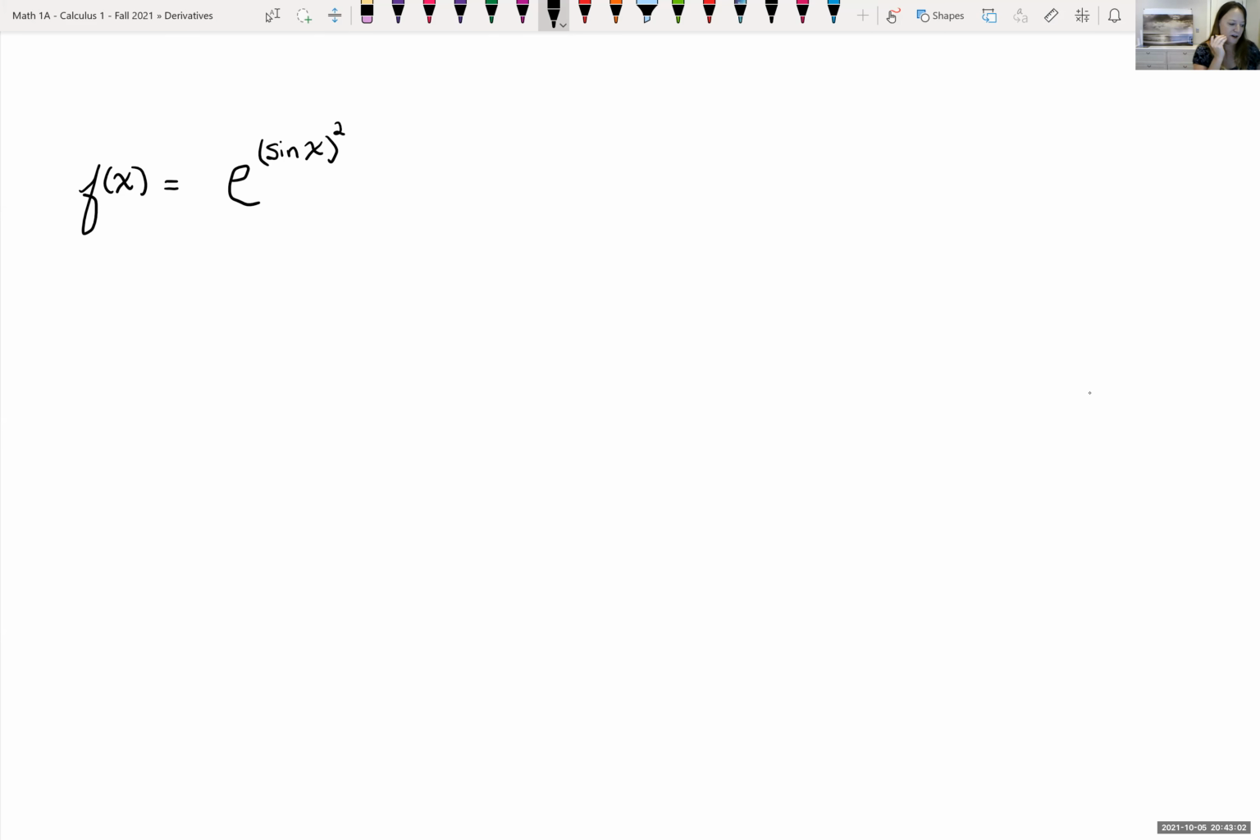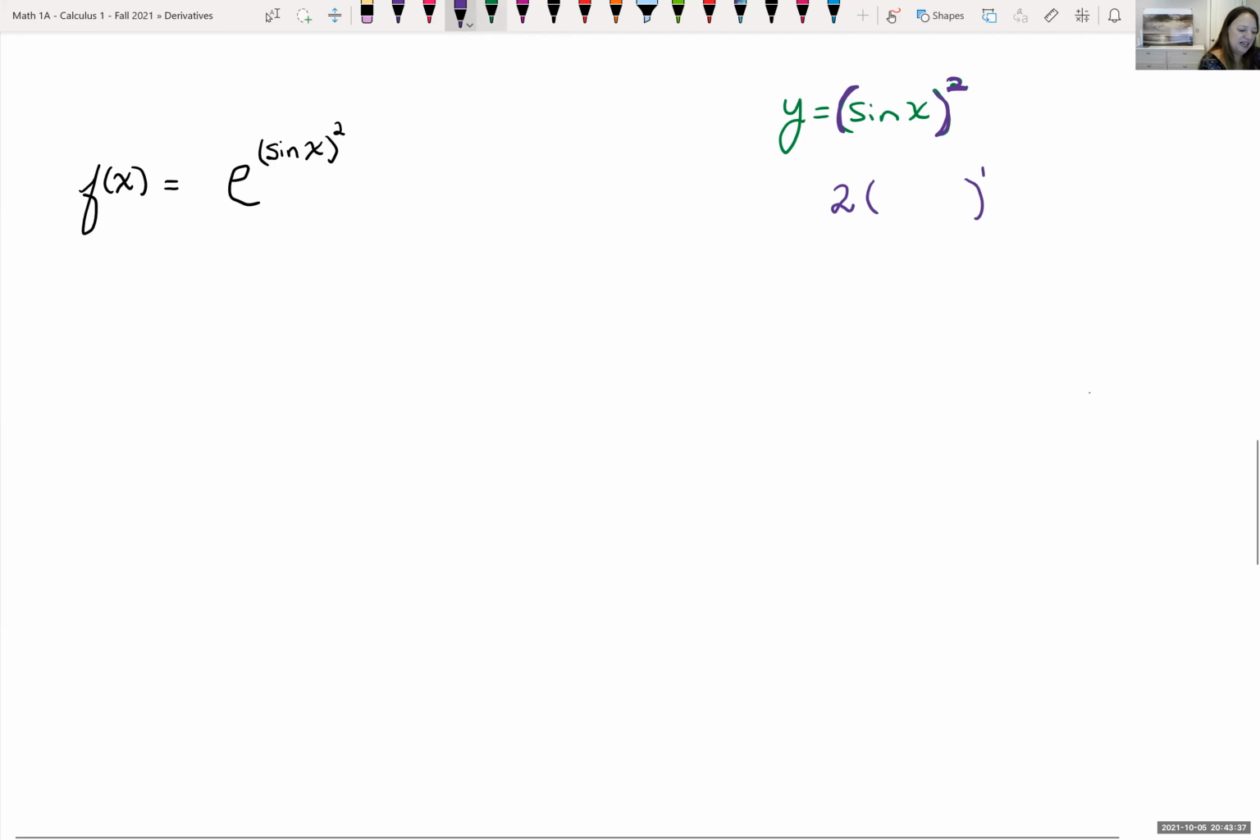Let's look at our exponent for a second, because we're actually going to need to apply the chain rule on that piece too. So we have y is equal to sine x quantity squared. So we can use our chain rule there. It's the outer function, which is this square piece. So the derivative of the outer: if I bring the 2 down and I subtract 1 from my exponent, this would be just 2 of the inner. I'm going to keep the inside the same, sine x,